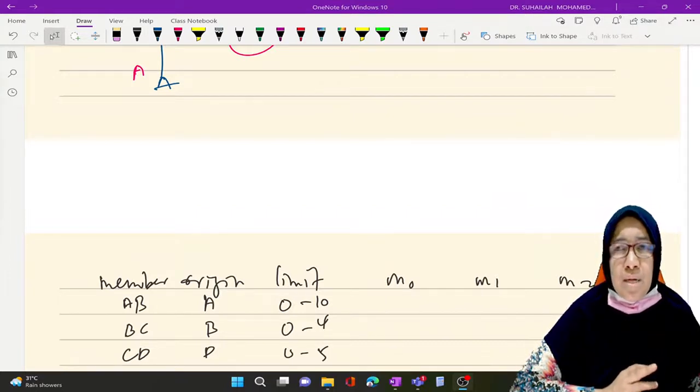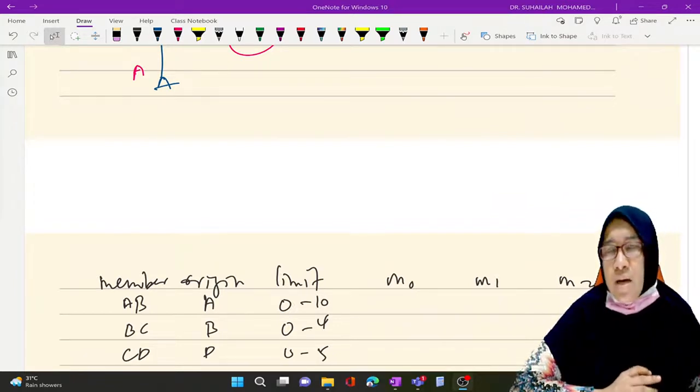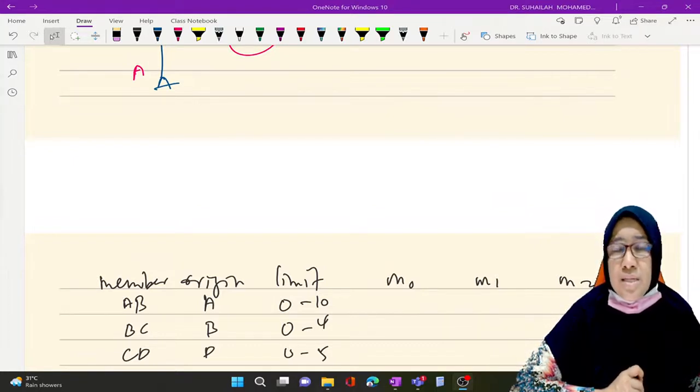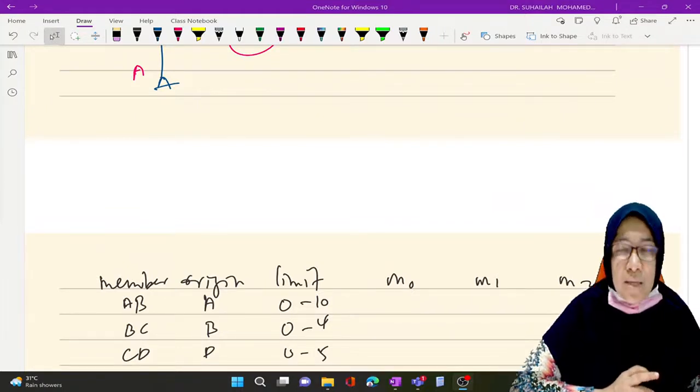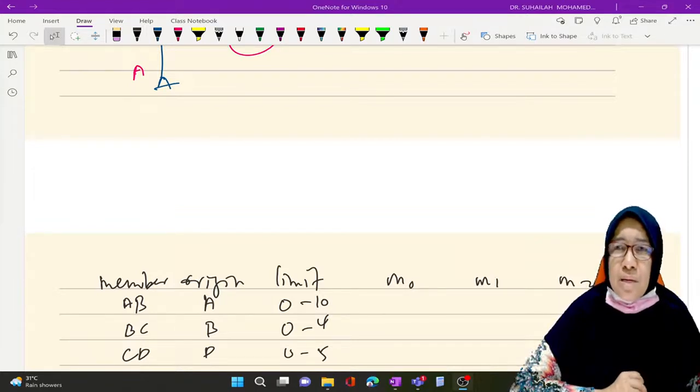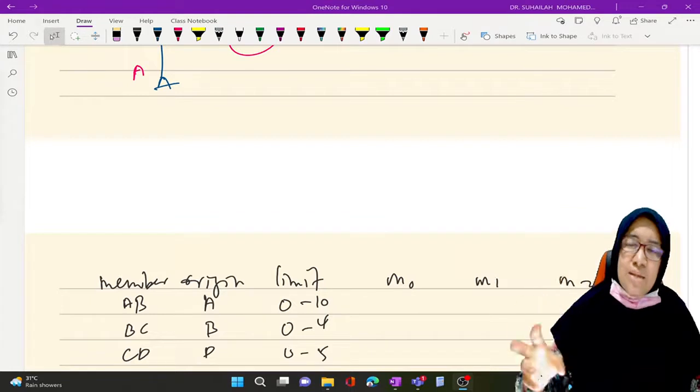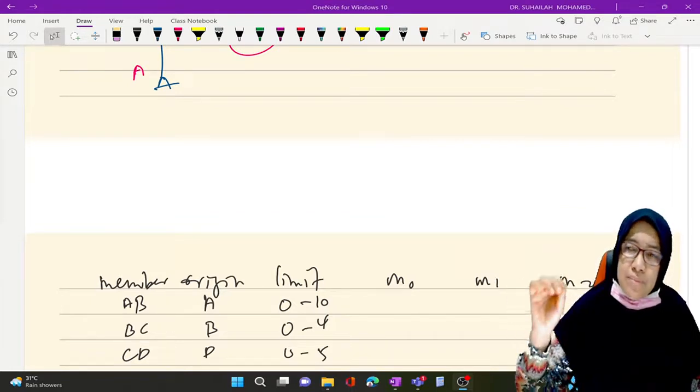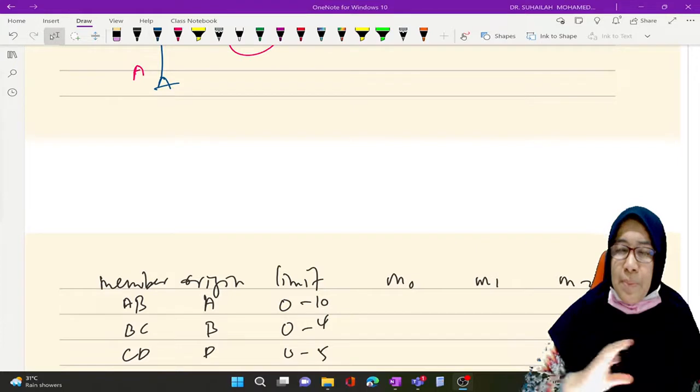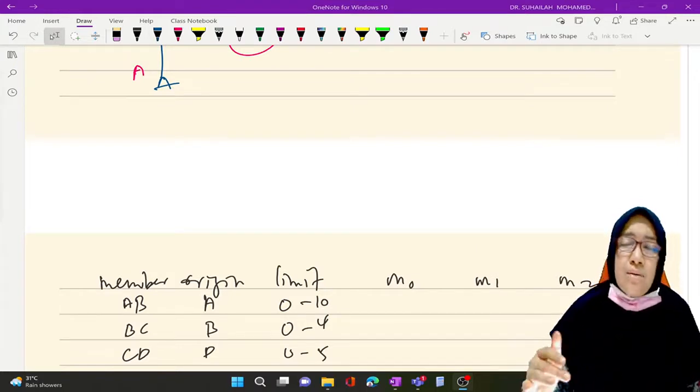konsep dia I believe bila dah gone through few weeks, so every student akan faham what is flexibility method. Even though dekat banyak buku, banyak cara, macam the way dia treat the redundant system tu mungkin beza, tapi what I give to you is the simplest way, because kita pakai F, kita tak pakai delta. Kalau you pakai delta tu dia lain, bila you nak tulis equation tu, you kena tambah additional dalam equation tu. Okay, tapi kalau you pakai apa yang saya share, so